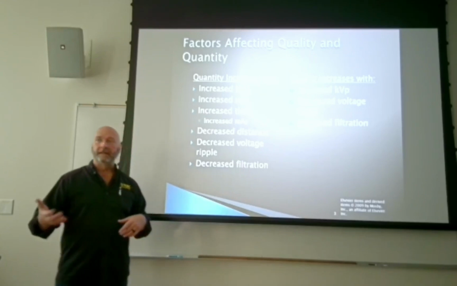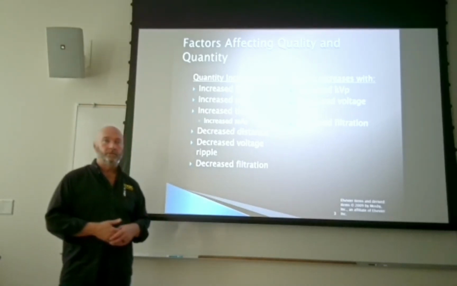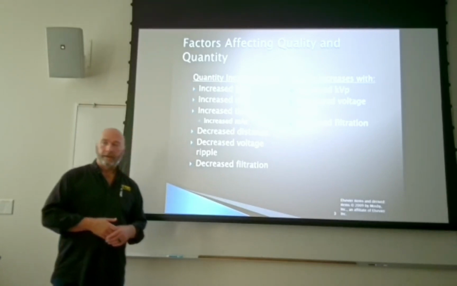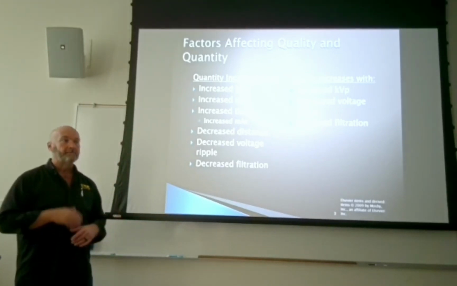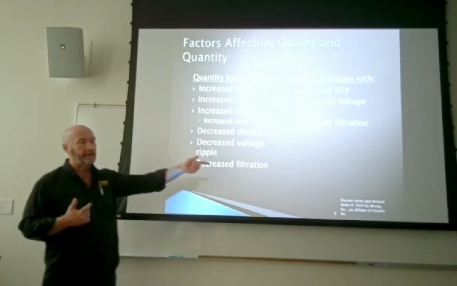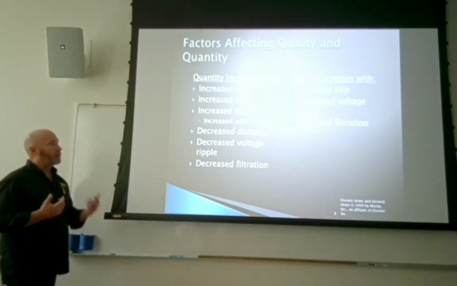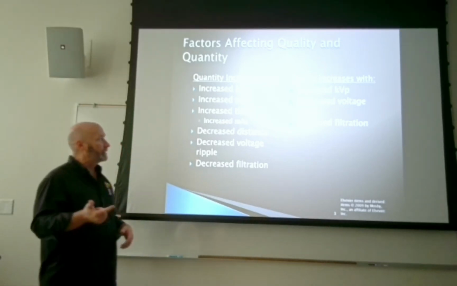If we have an increase in inherent filtration, which naturally happens because of tanning of the tube, then what happens to our tube output? It goes down. It decreases, but at the same time, what happens to our quality? It increases, right? So the things that are going to affect our quantity are going to be our kVp, our